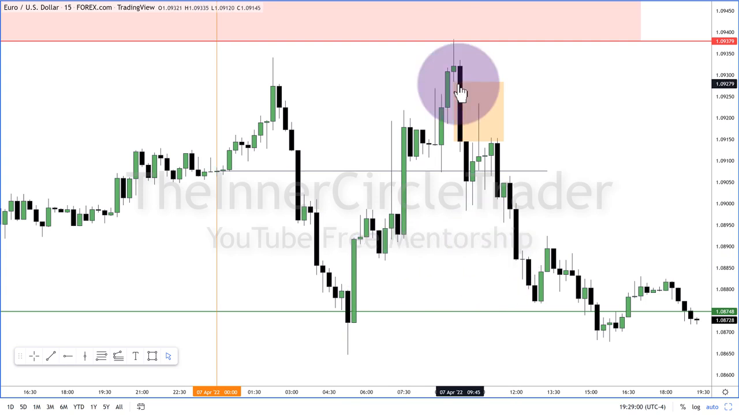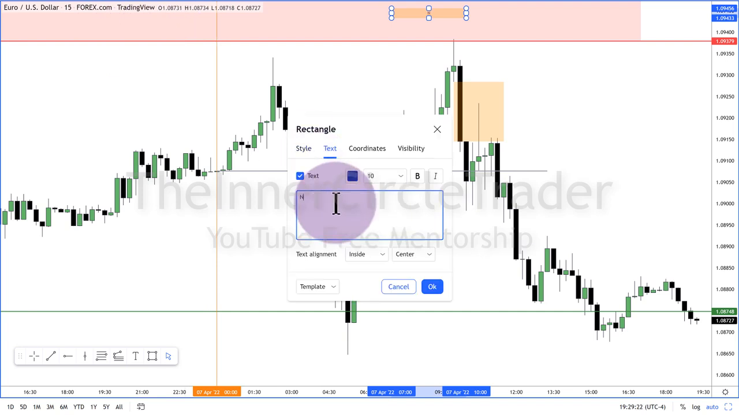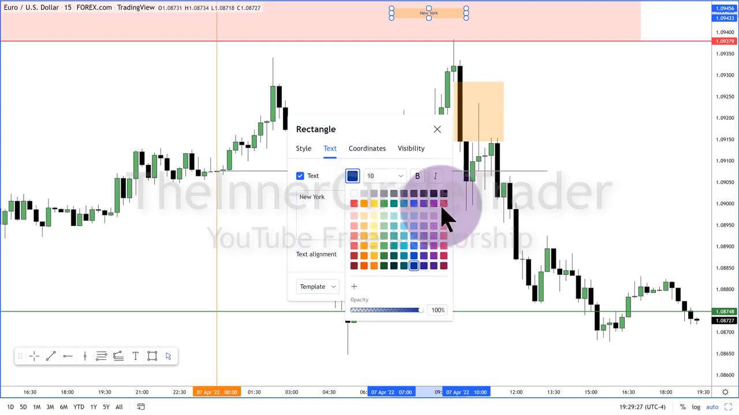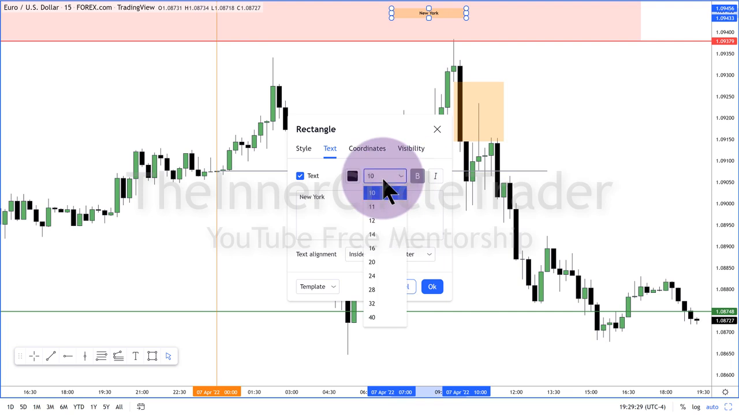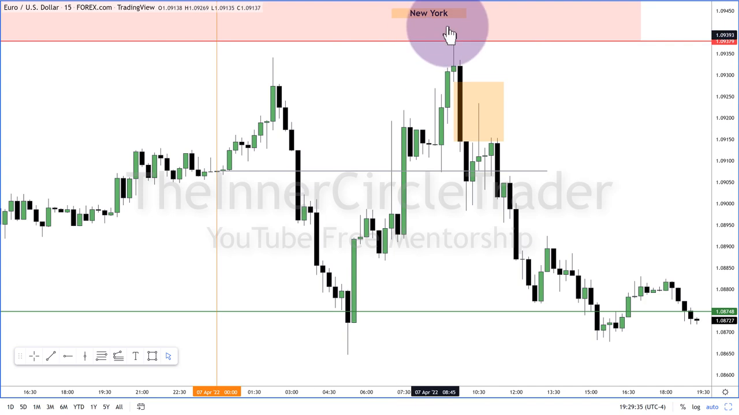So we're looking for a setup that would be formed within that time frame. Now, you can create kill zone window annotations on your chart. There's lots of ways I've done this over the years. You can do it whatever way you want to do it. Inside center, and we'll make it black. And there you go. So the New York kill zone,